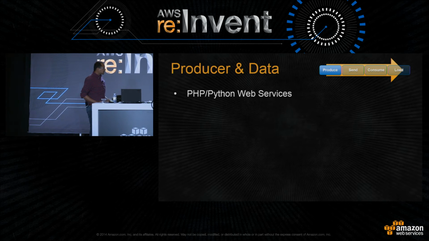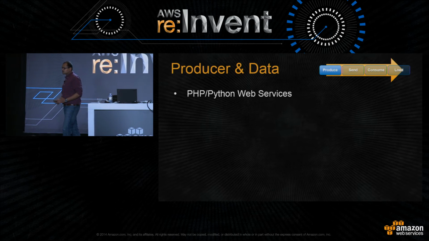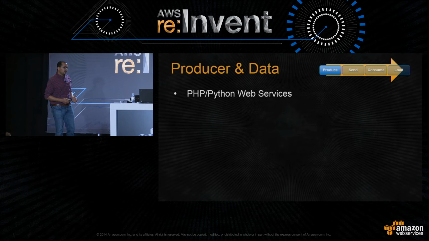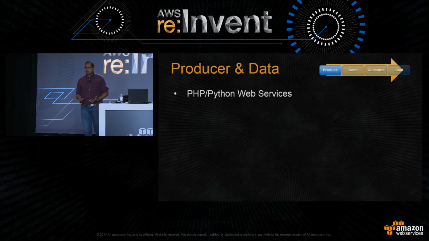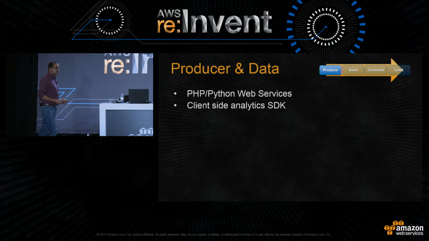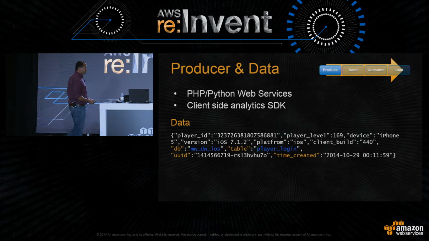And if you look at the producer, we have all of the game services developed using either PHP or Python. And whenever these game services get called, we generate a few metrics. It can be a player login event, or it can be a level up event. Apart from that, we also generate data on the client side, and that data gets forwarded to analytics servers using an SDK. In terms of the data, we decided to use a schema-aware format from the beginning. So we use a JSON format,